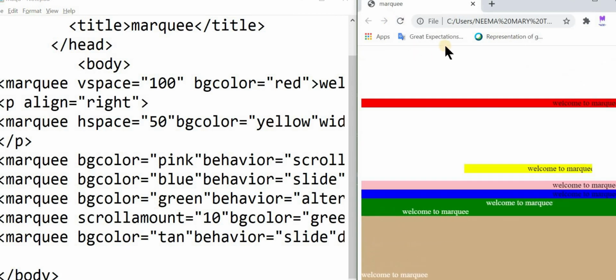See, it has left a space of 100 pixels. You can see a space between the top part and the starting of the marquee. Clear? Is it clear, children?